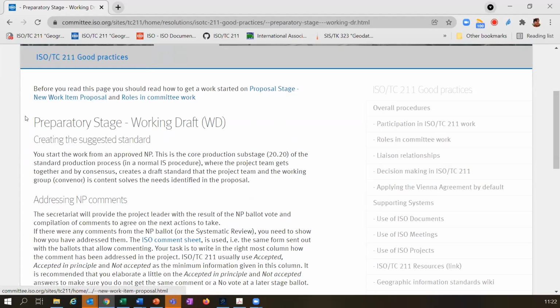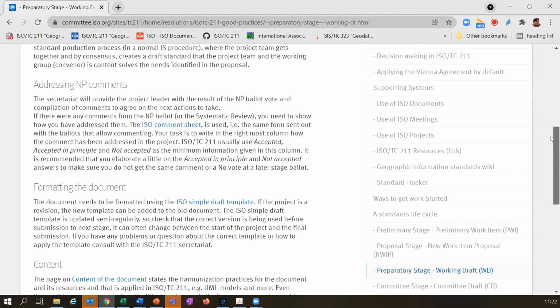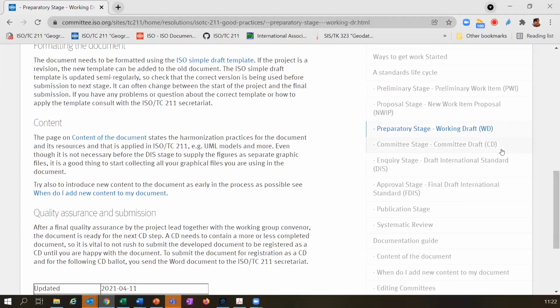Each page actually has a stage name, even though we often refer to it as the working draft or the CD or the DIS. Rather than being a little bit sloppy with naming in everyday talk, we added the real names of the stages where the documents are situated. This of course also corresponds to the numbering system that ISO has on the document.